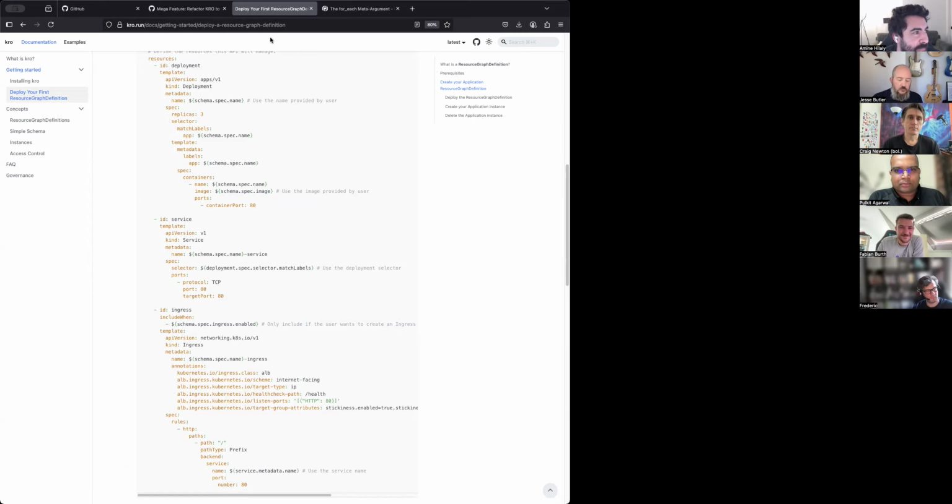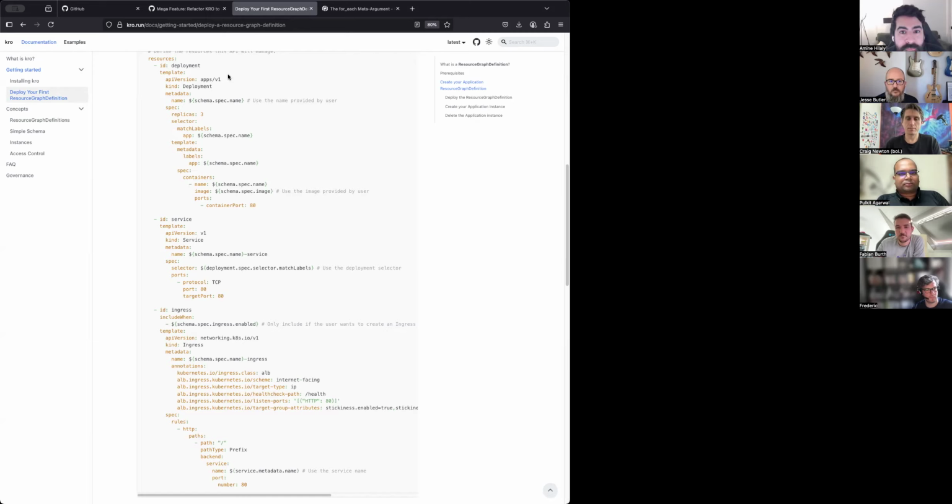I don't know if you saw that there's a package in Crow that is specific to computing the delta. The problem with that one today is it does not take into consideration defaulting and mutating webhooks. So if you have a webhook that is modifying something, you don't know what's happening. But with server-side apply, hopefully the full pipeline will be solved. It's going to go through mutation webhooks. It's going to go through validation webhooks first before being applied into the cluster.